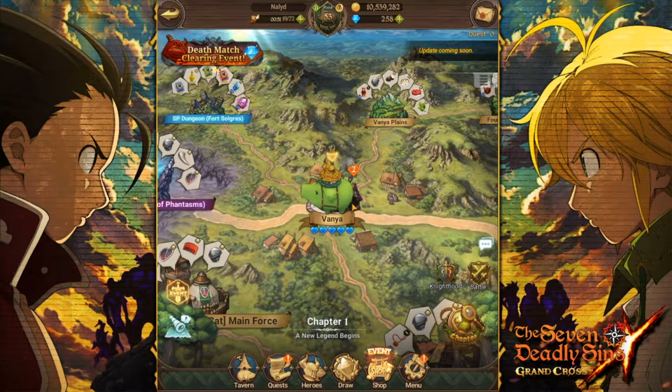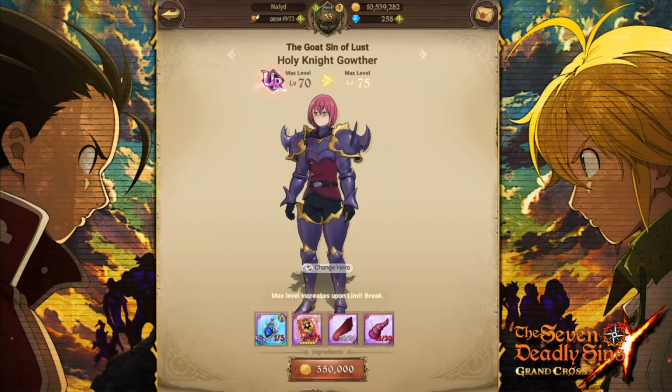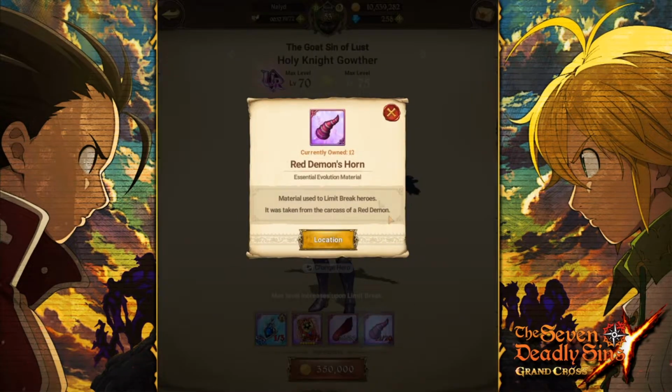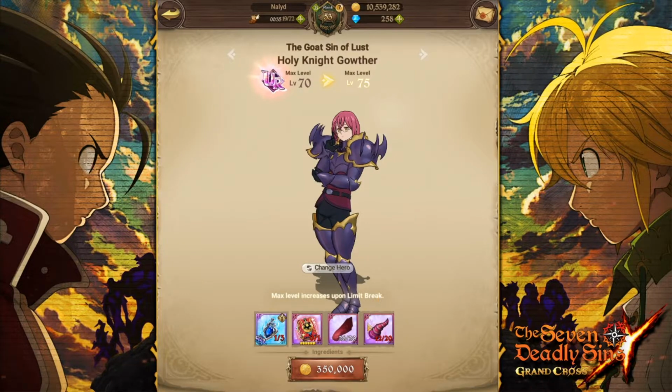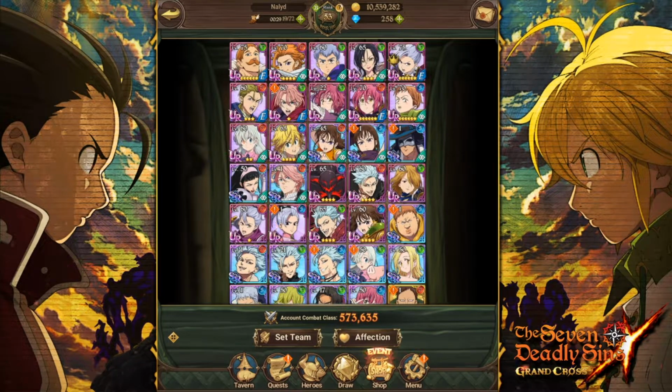So yeah, hopefully this was informative and helpful for you guys if you're newer to the game and you're trying to get the materials and everything that you need to limit break your characters, because I know limit breaking is kind of important. You want to make sure that your characters are as high up as they can be, so you definitely need to farm out these red demon horns, because you can see, if you go and look at a level 60 character,